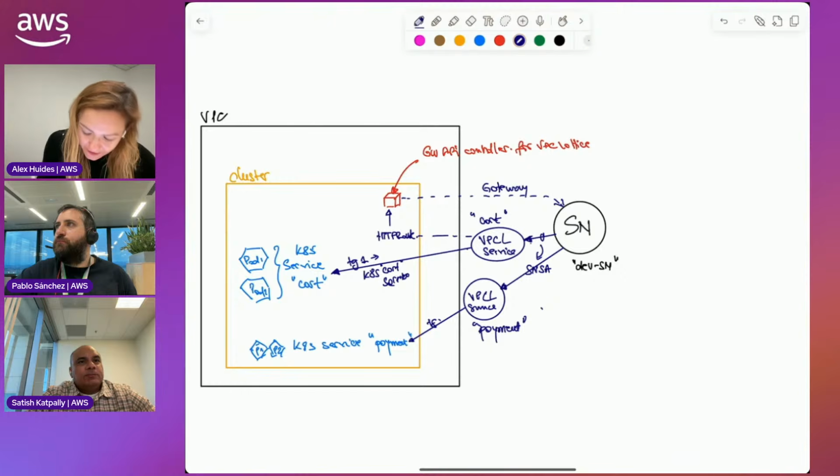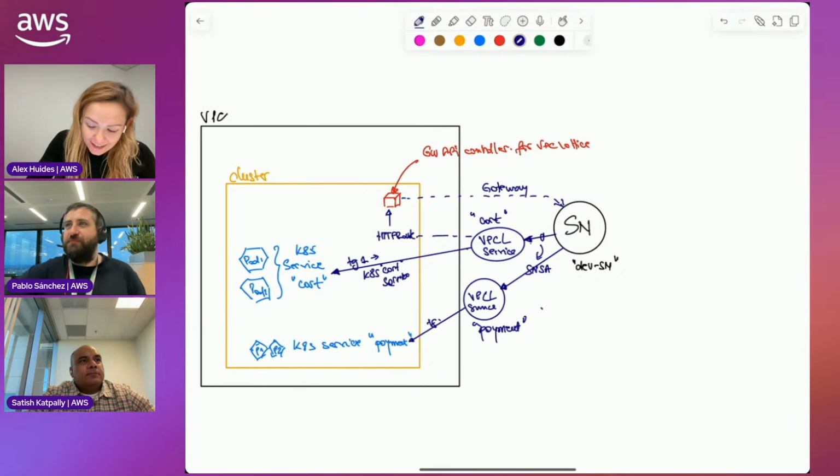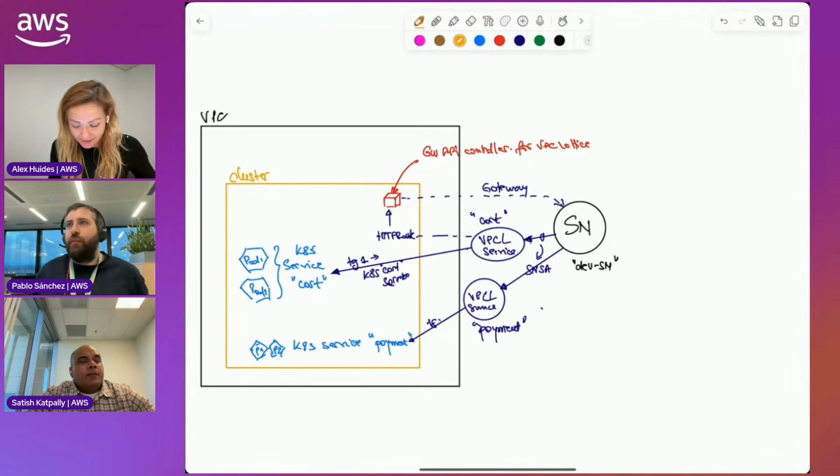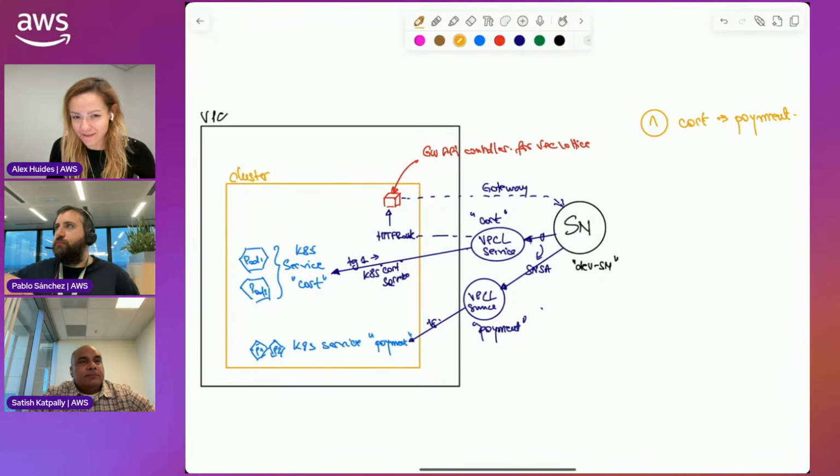Now, the question comes of how these services are accessed. It depends on who wants to access them, right? The first option is, let's say cart wants to call payments.